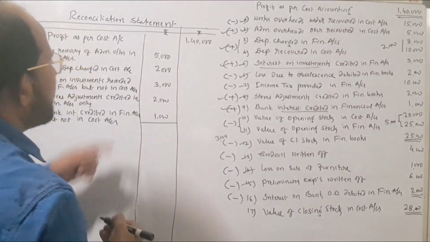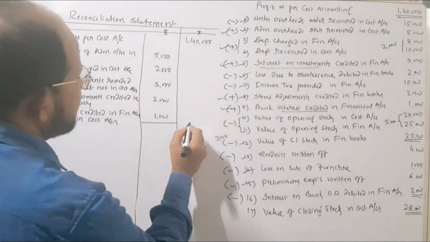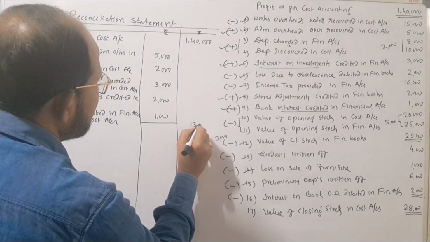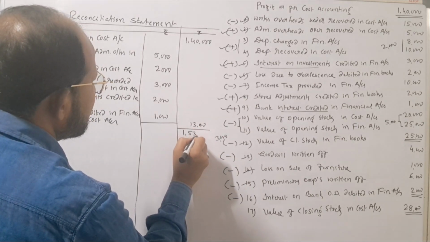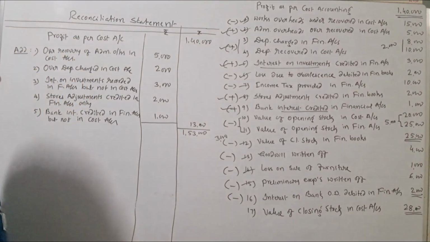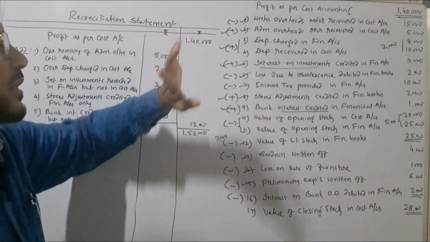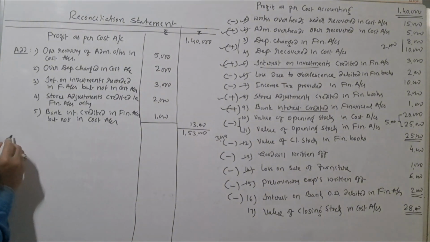Make the total. 5 to 7, 10, 10 plus 3, 13, 13,000. Then make the total, 1,53,000 we get. Next one is we have to take the items which are to be subtracted. Less: